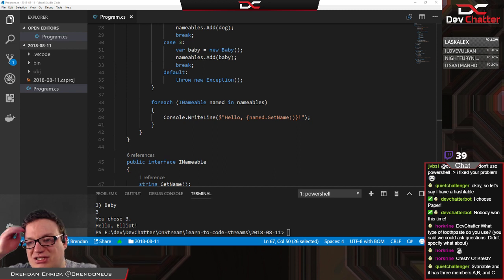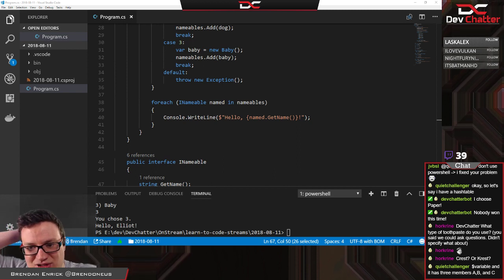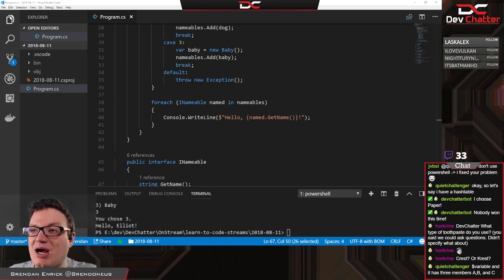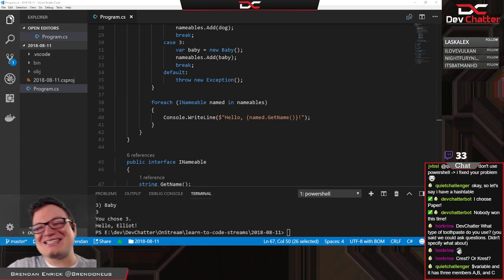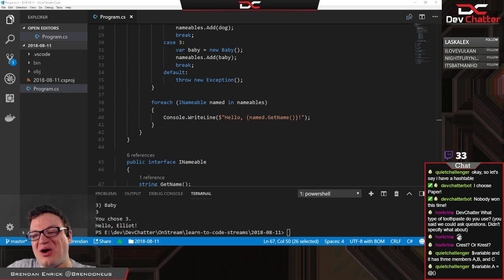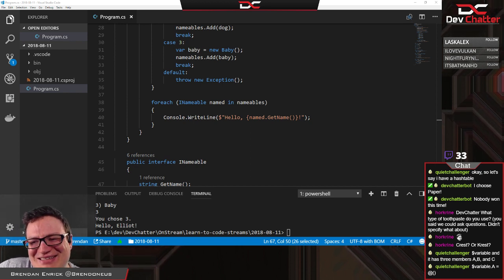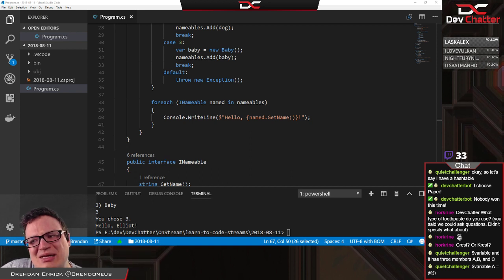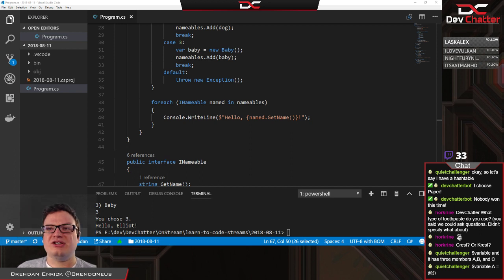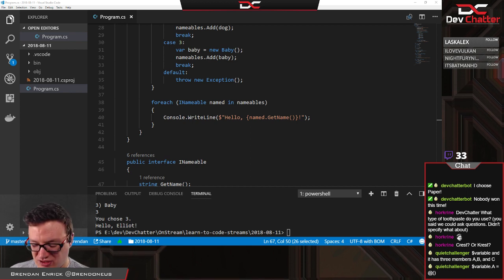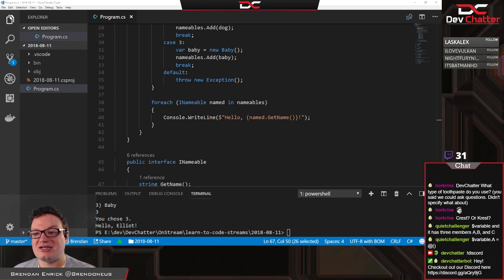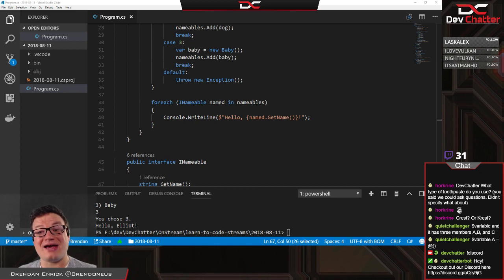Quiet Challenger has a hash table, and it has 3 members, A, B, and C. And I will tell you, I'm not a PowerShell expert. Actually, I like JV's suggestion of not using PowerShell. So Quiet Challenger, here's my recommendation, because I am not a PowerShell expert, and so you can ask me that question, and I might be able to get you the answer on that, but